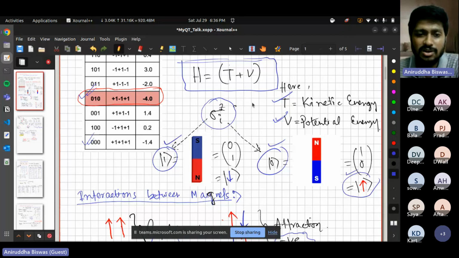So the 0 ket and the 1 ket are 2 eigenvectors of it, which can also be considered a computational basis. These are the 2 possible states of a qubit, either up spin or down spin, or a one state or zero state. Now the thing is, how would you program these magnets?